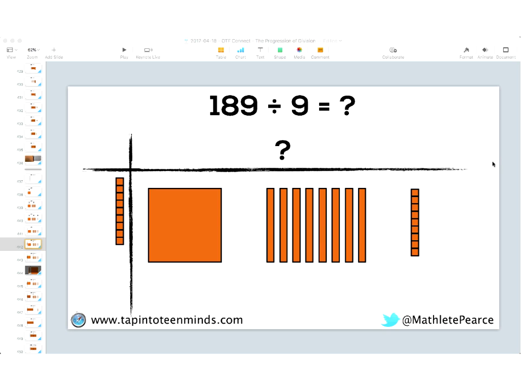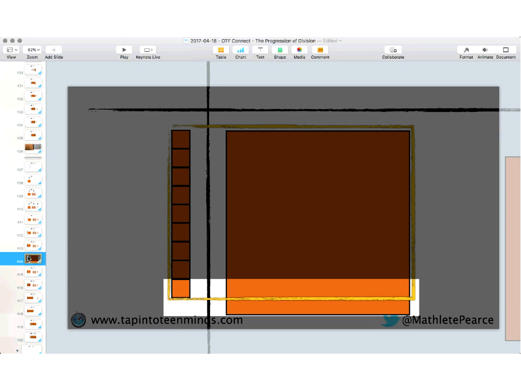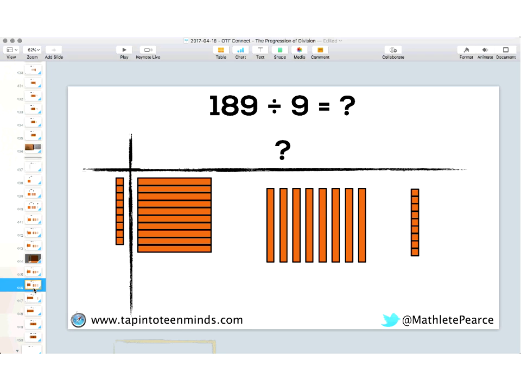A quick tip I'm going to mention again is that we are dividing by 9, so that means the dimensions of my rectangle, I need one dimension, which is 9. A base 10 flat for a 100 flat is 10 by 10, so you know that has no real interest in being in this particular area because it's actually not going to fit. So we're definitely going to have to bust that guy up. So you're going to have to bust them up and do some rearranging. See if you can do it.